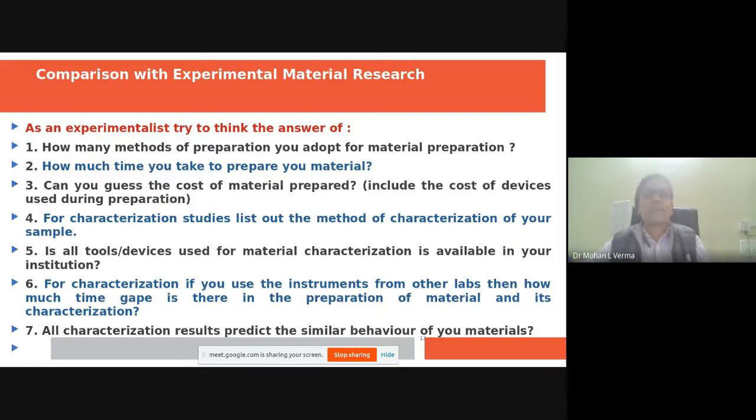Now let's compare experimental material research, and how difficult it is compared to computational. As an experimentalist, try to think of the answer to the following questions. I am also an experimentalist, so I have faced the same problems starting from my PhD work. How many methods of preparation do you adopt for material preparation? Because the output, the result, depends on the method of preparation. A single material is prepared by different